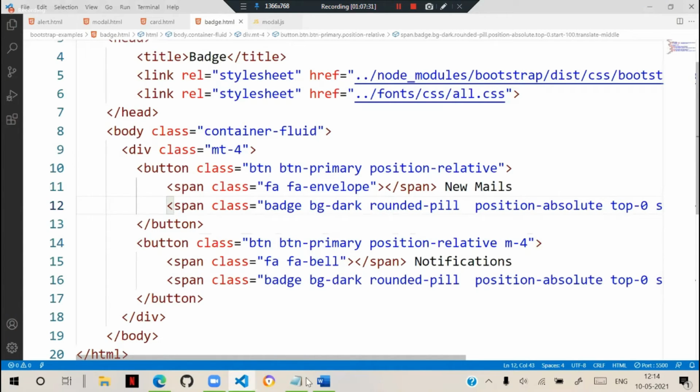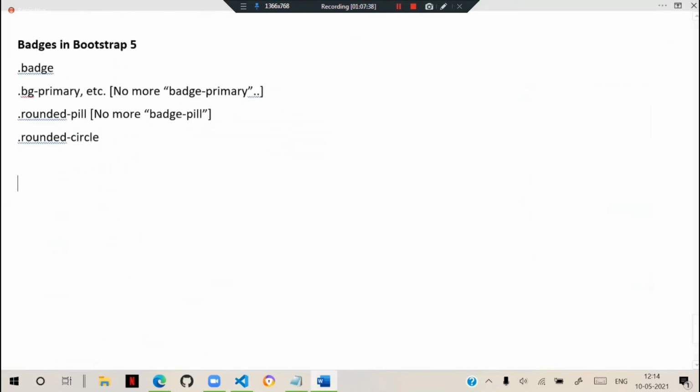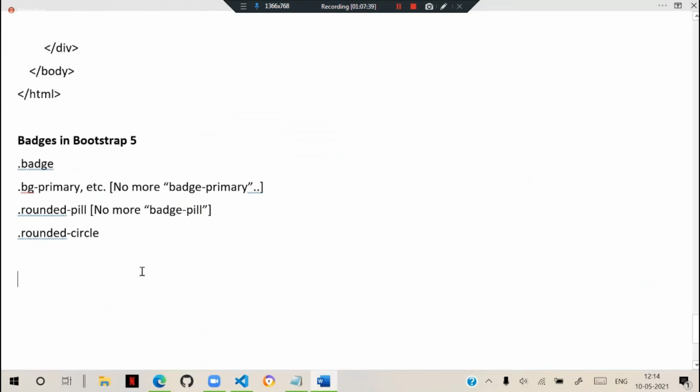Right. So this is a new example for the badge. And placements are also important. So you have to use only badge. The rest of all the options are additionally used options. So just for example, only these attributes in the badge.